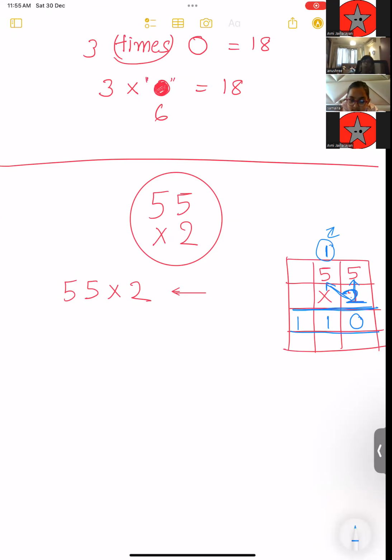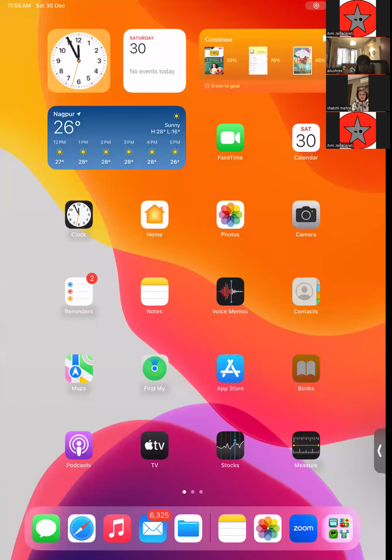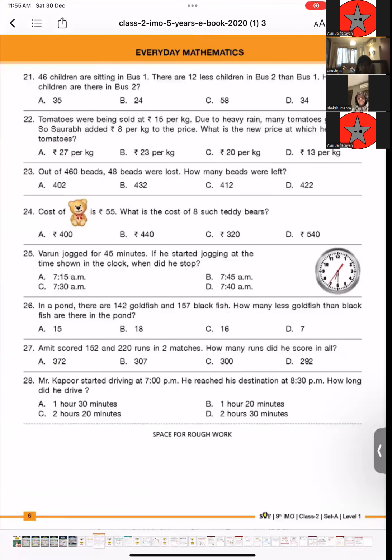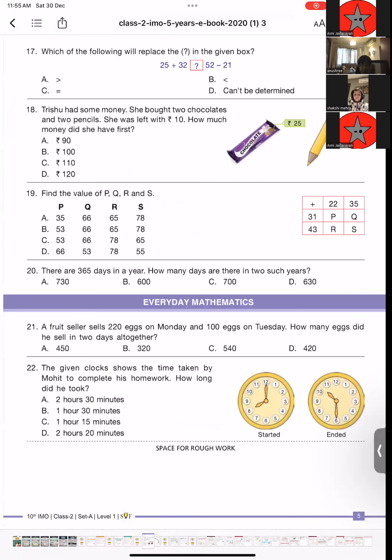Okay? So I'll be sending some homework. You will have to do it. Let's come back to the question. We were at question number 25. This is a fantastic question on...